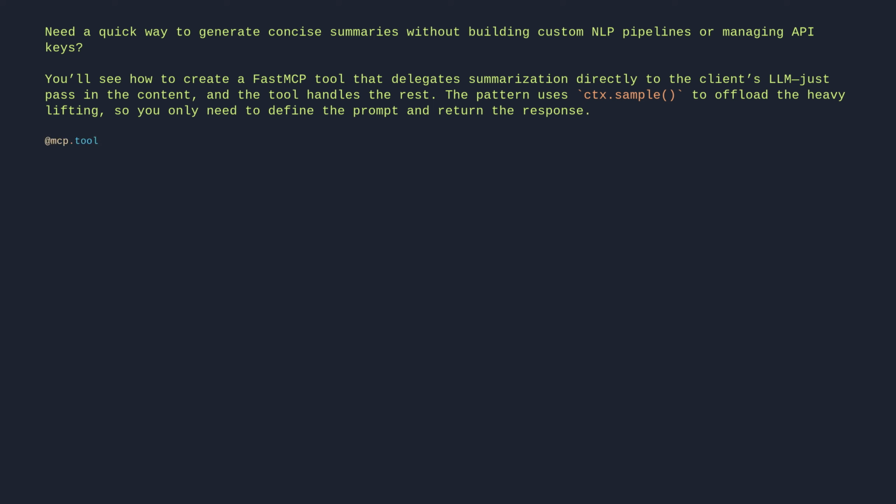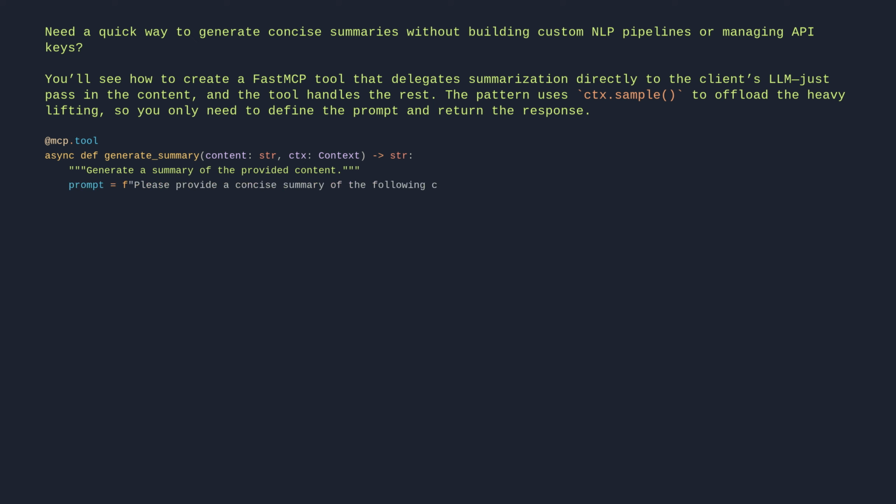@mcp.tool async def generate_summary(content: str, ctx: Context) -> str: """Generate a summary of the provided content.""" prompt = f"Please provide a concise summary of the following content:\n{content}" response = await ctx.sample(prompt) return response.text